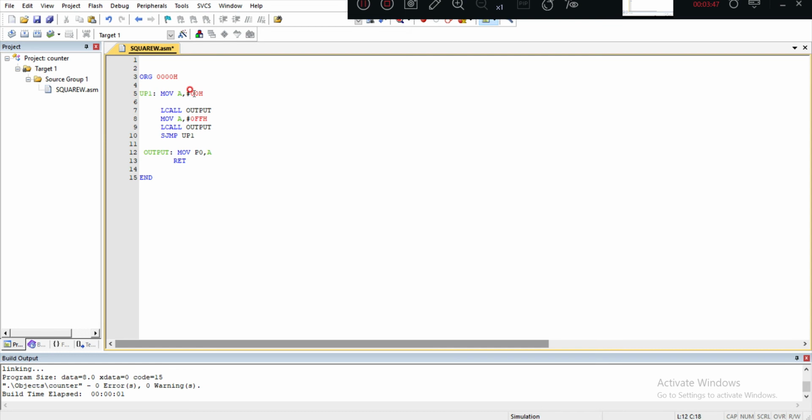Once all the settings have been done, you need to translate, build and rebuild. This is the regular procedure.